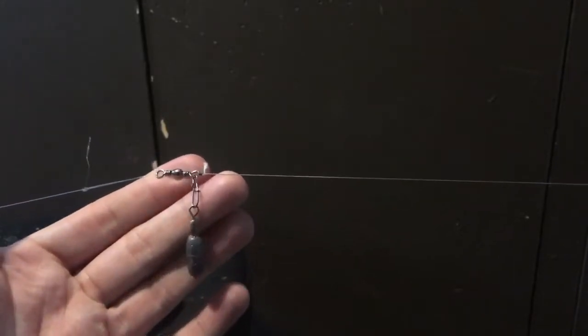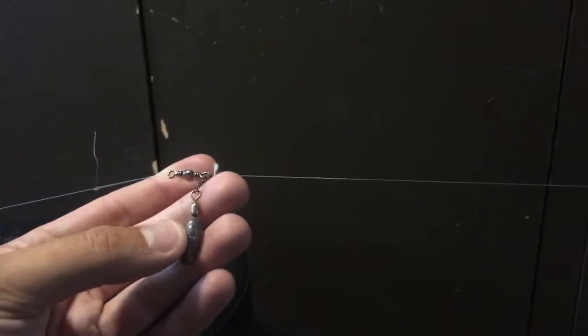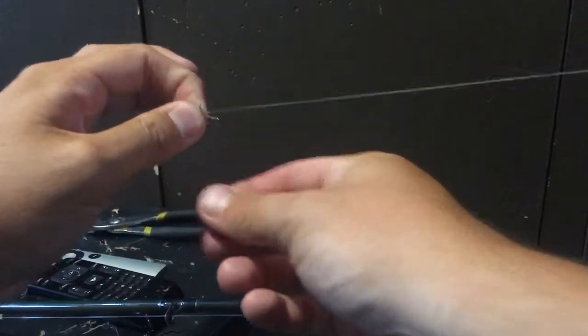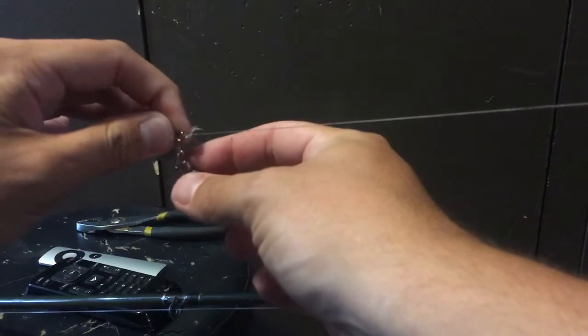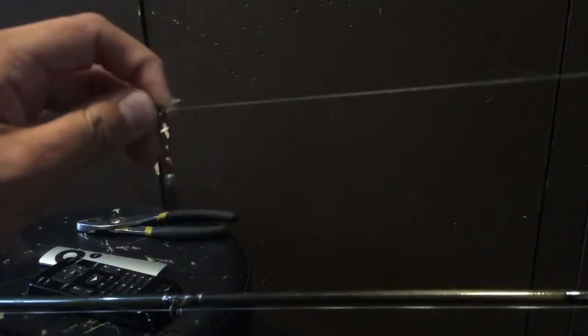And for your weight, you can use anything. You're going to have to adjust your weight depending on the hole that you're fishing or the water you're fishing. And so that's a really easy way. You just unclip it, and then you can just slide your weight off and on very easily. It's very easy to just slide it off and on, and then clip it back